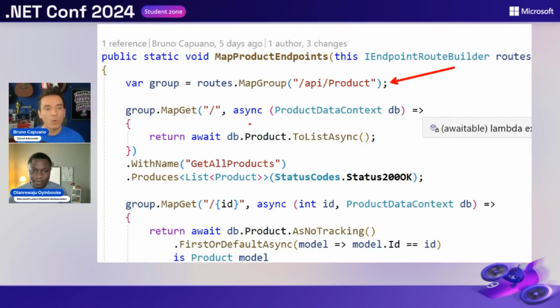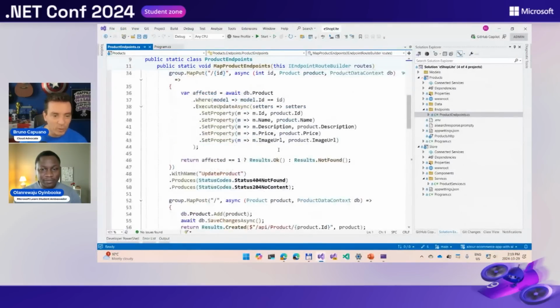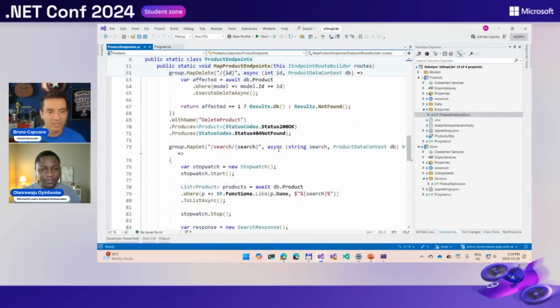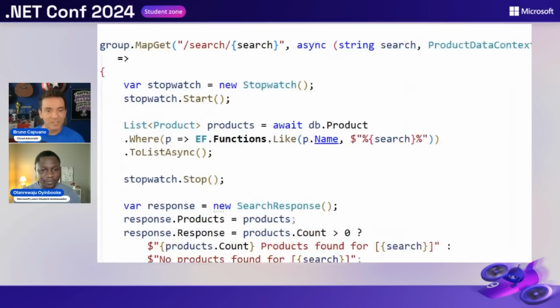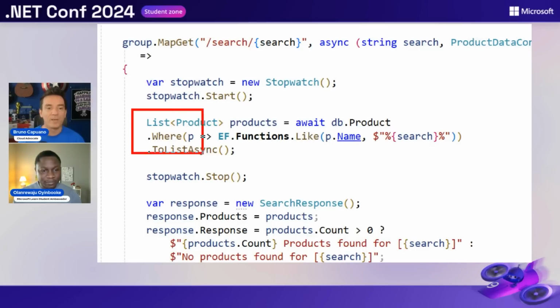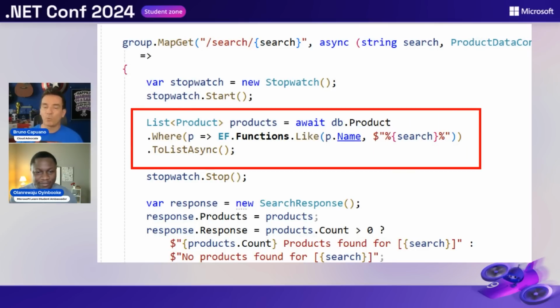I can get a product that is going to do the list of products, the gets all products. I can find the product, basically search for one. And somewhere here in the bottom should be my search. Let's stop there. And the search is basically doing a very simple query using Entity Framework, which is a library